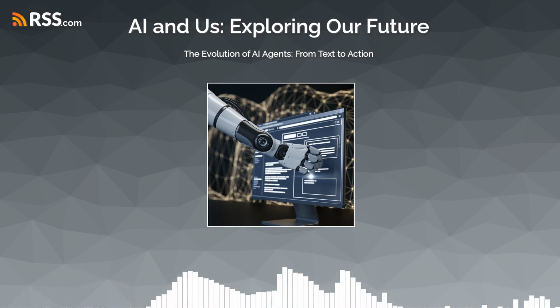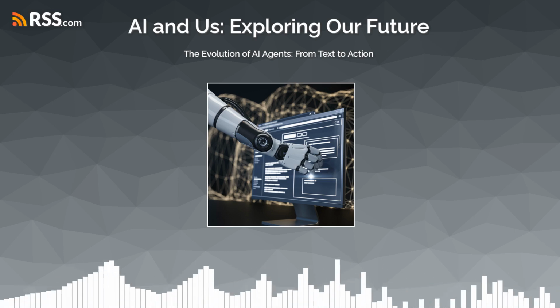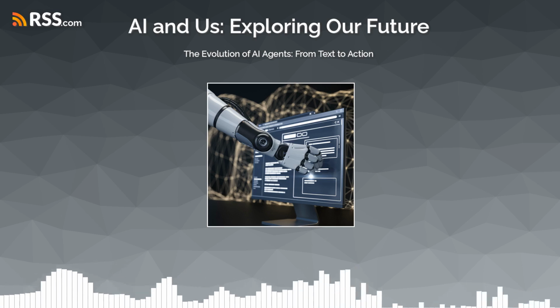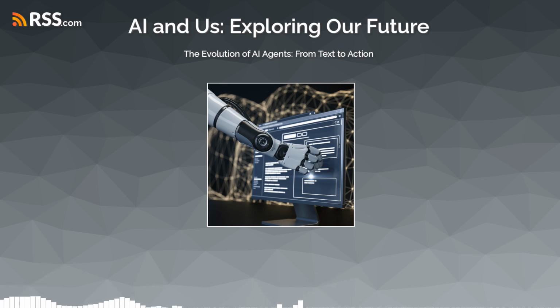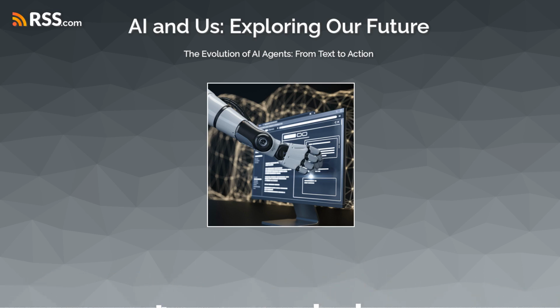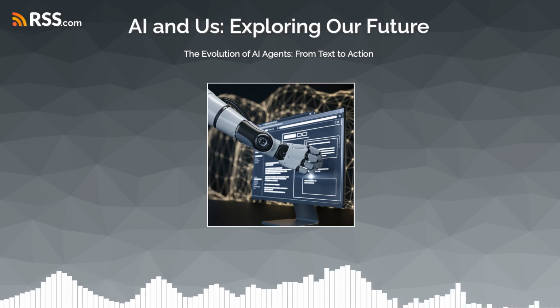Well said. Okay, so we've talked about the impact on jobs and the need for ethics, but what about the bigger picture? How might these AI agents change society as a whole? I mean, that's a big question, and it's tough to say for sure, but we can make some guesses based on what we're seeing already. All right, let's speculate. What are some of the potential societal shifts we might see as these agents become more common?